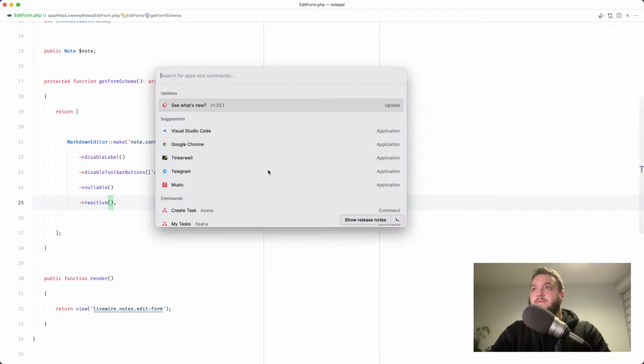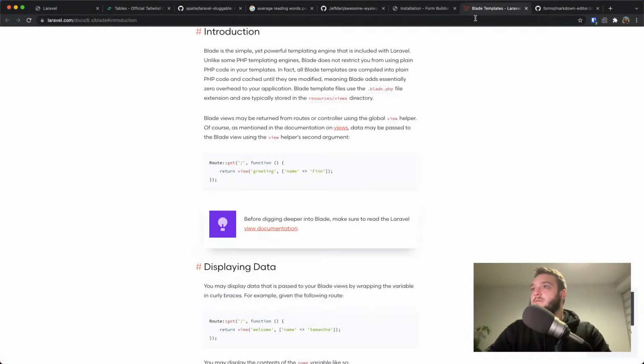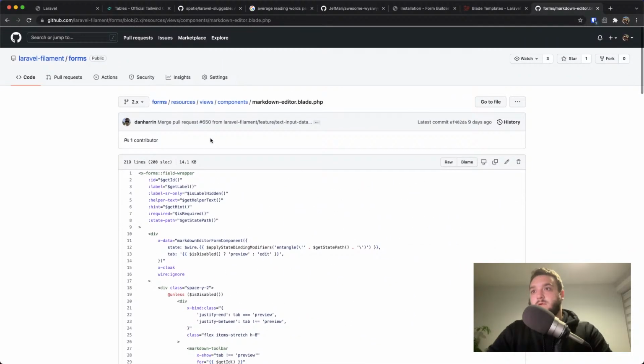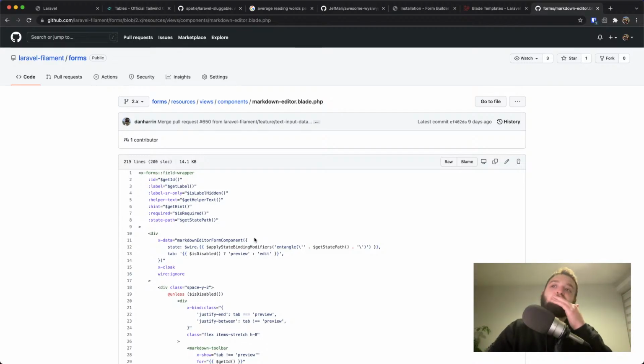I feel like we should be able to debounce it. Let's have a look. Apply state binding modifiers. Yeah, so that's going to be,